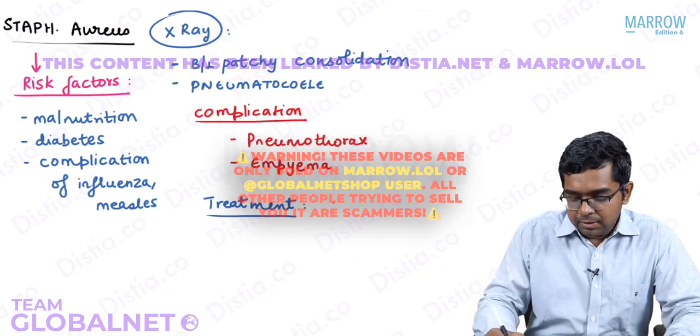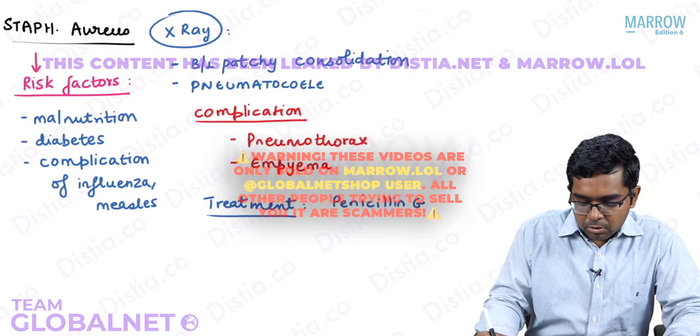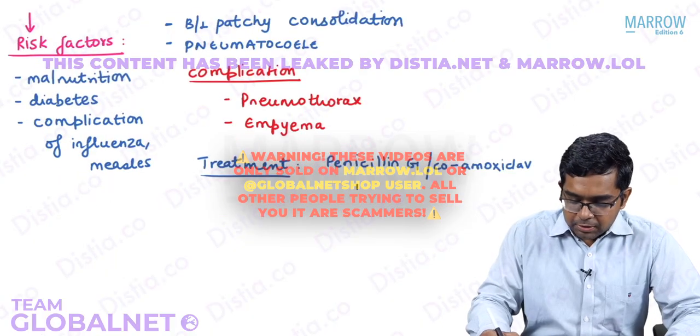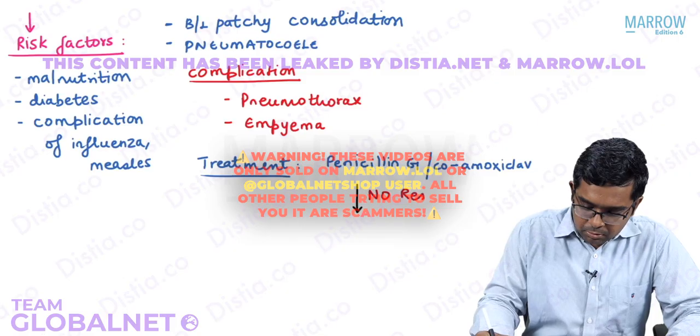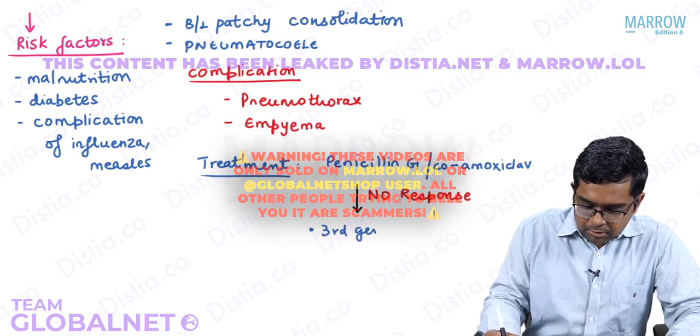Usually we'll start with a penicillin G or co-amoxiclav. If the child is showing no response to penicillin or co-amoxiclav, then you can start with the third generation cephalosporin,